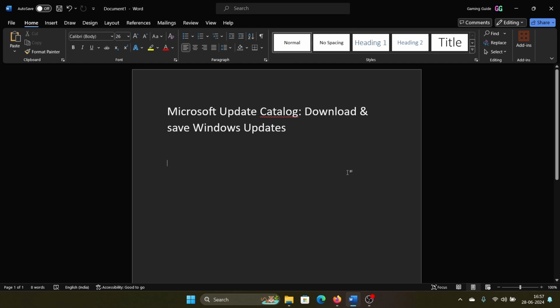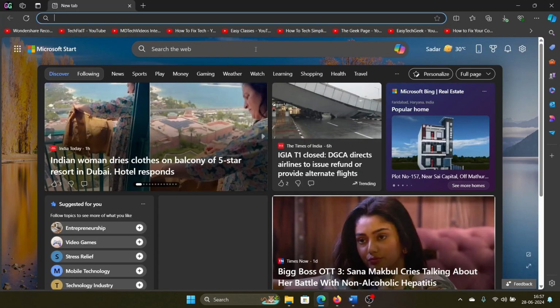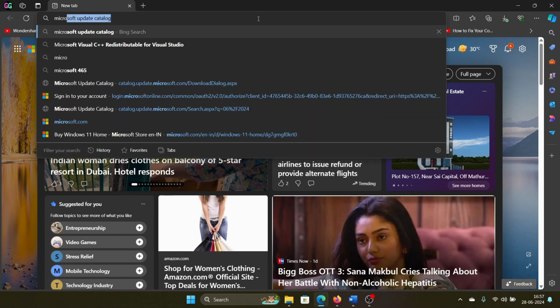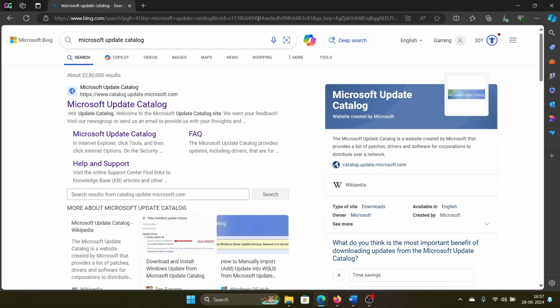But a lot of users may wish to download these updates manually, especially if the automatic updates are not working. So here's how you can download them. Search for Microsoft Update Catalog on the Bing or Google search bar. Open this website